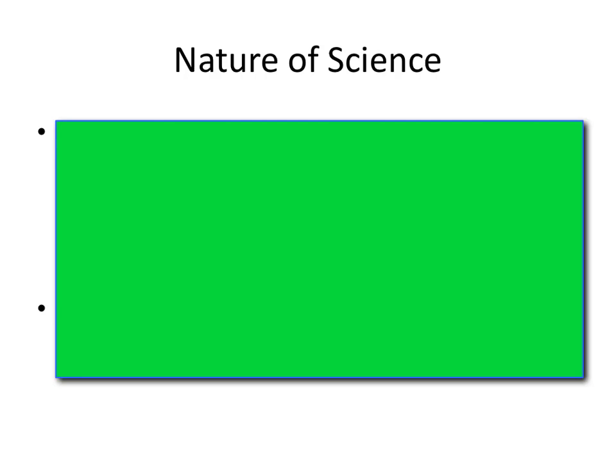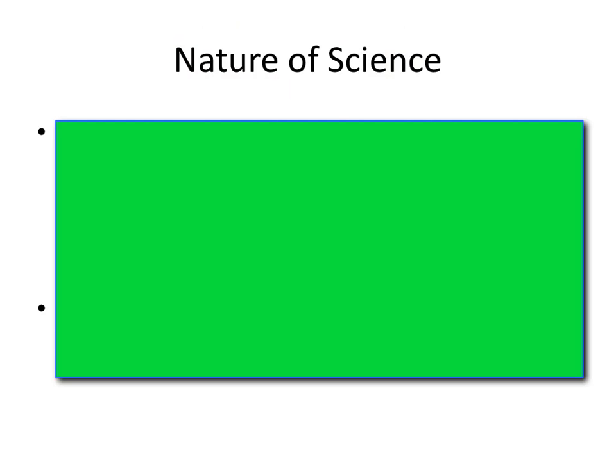So to start off with, the nature of science. So what does it mean to do science? What does it mean to be a scientist? What are some of the elements of all science or problems that all scientists need to deal with? These are some things we'll be discussing now. So again, remember this right here is going to be your key term on the left-hand side. And feel free to pause at any point if you need to catch up or write something down.